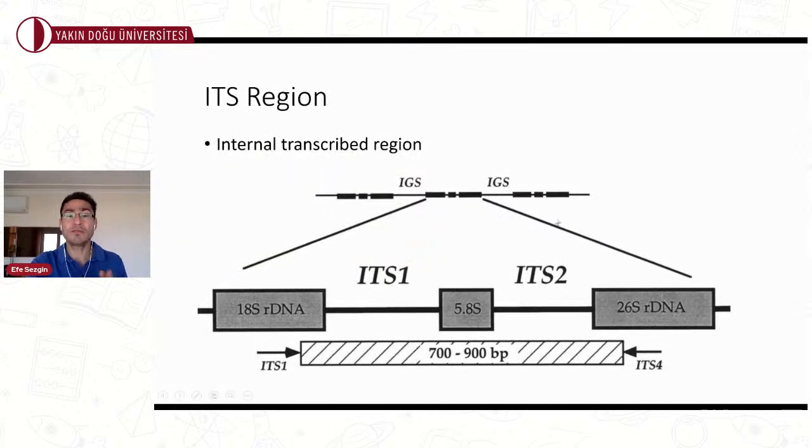So this is the ITS region, just like the 16S region. This is still a ribosomal region, important for eukaryotes, and very similar, a nice genetic biomarker to identify the taxa. There is a lot more data on them, so we can use them, just like the 16S. We have quite a bit of these databases. We can get this data and compare our results with these already established databases and identify taxa.